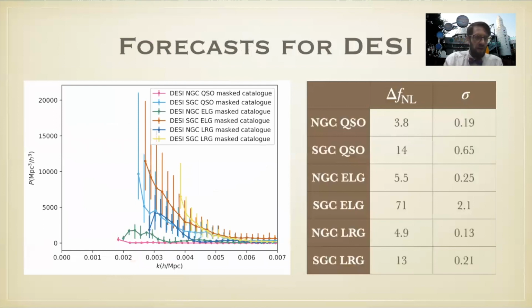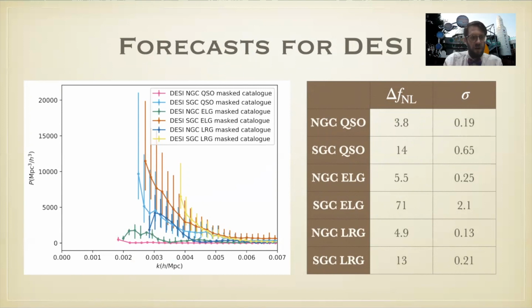And this is indeed reflected in the DESI rocket power spectra. The rocket power spectrum is larger in the galactic south than in the north. Furthermore, the rocket power spectra in the north have a turnover that makes them less likely to be confused with an FNL signal, but in the south, it very much looks like FNL. The LRG and ELG selection functions have quite strong features, and they both have a stronger rocket signal than the relatively smooth quasars. However, this does not translate directly into systematic shifts in FNL, because the different samples have different